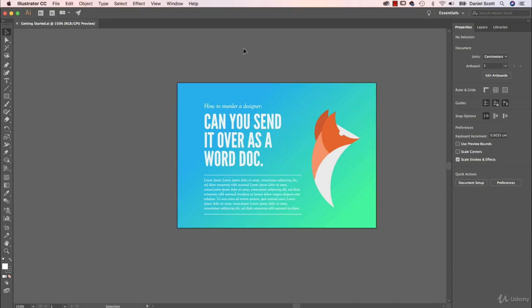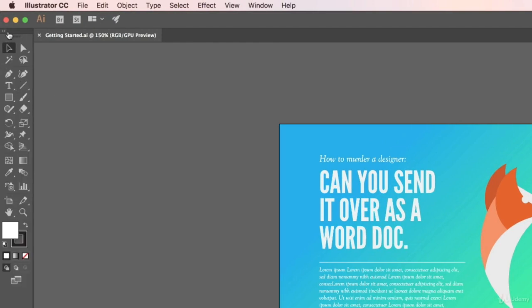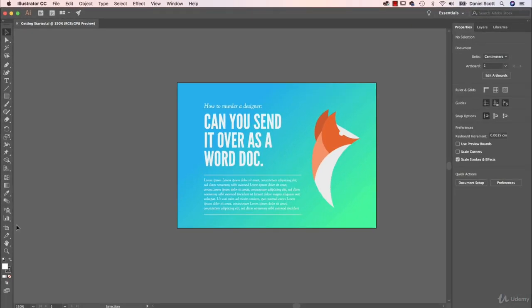The other thing that might look a little different between yours and mine is this toolbar on the left here. Because my laptop's big enough, it allows me to see all of the tools in one big long line. Yours might be smaller. You might be using a 13-inch, say MacBook Pro or something. Okay, it will show them as a double like this. See this little double arrow here, this little chevron. Okay, you can decide whether you want to work this way or this way. I'm going to work this way because that's my default, but you might be seeing it just a little bit